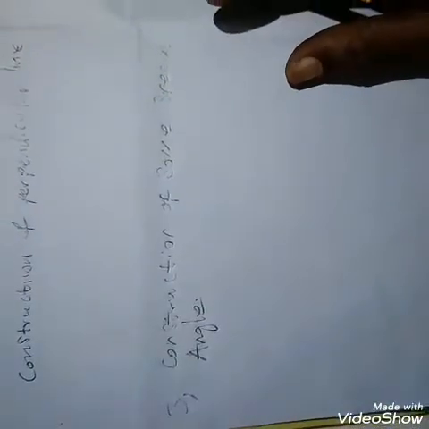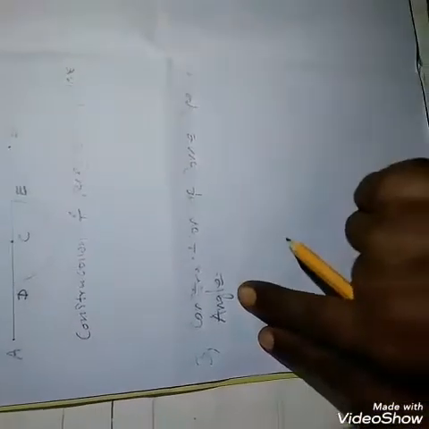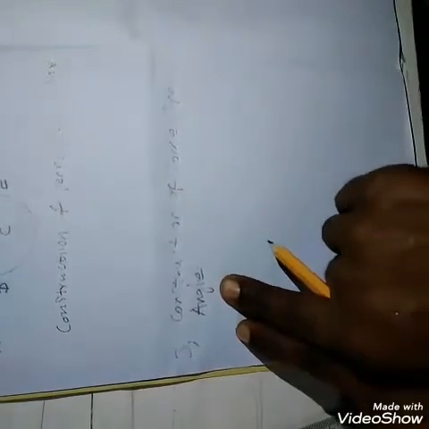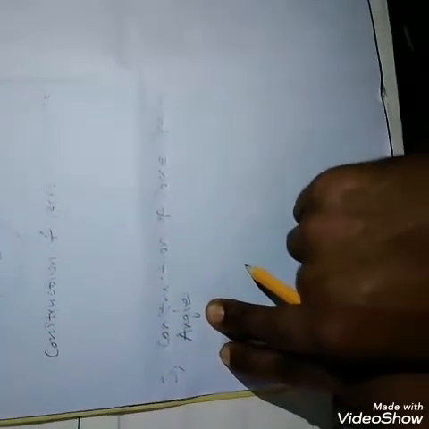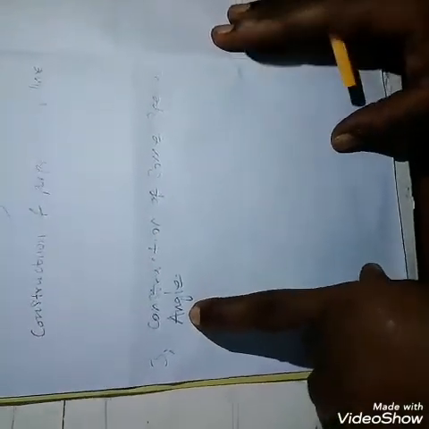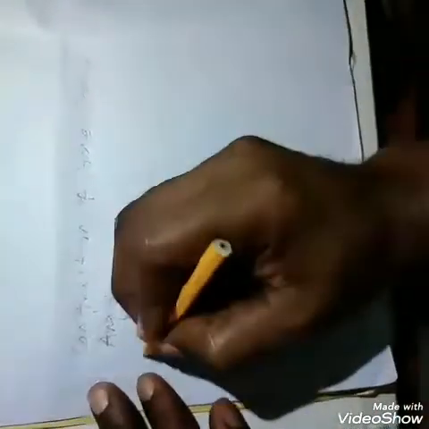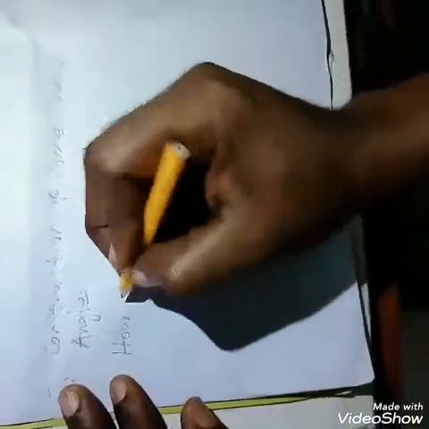Now before I go into this, let's know what an angle is. An angle, as you all know, is formed when two straight lines meet at a point. An angle, as you all know, is when two straight lines meet at what? A point. So when two straight lines meet at a point, that forms an angle. Are you all getting that, students? I hope you're all getting it. So let us see how to construct angle 60 degrees.